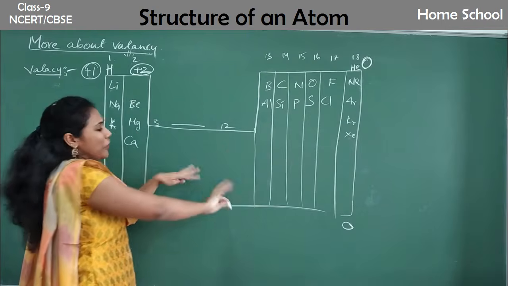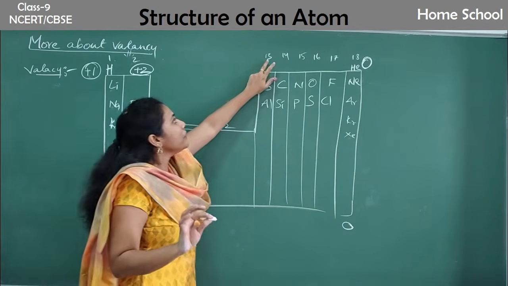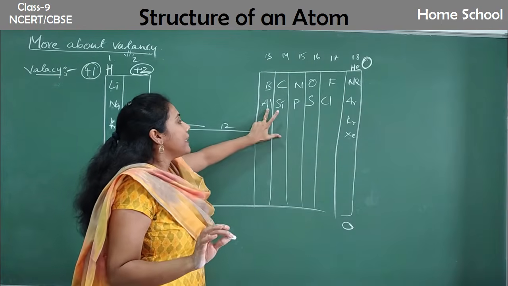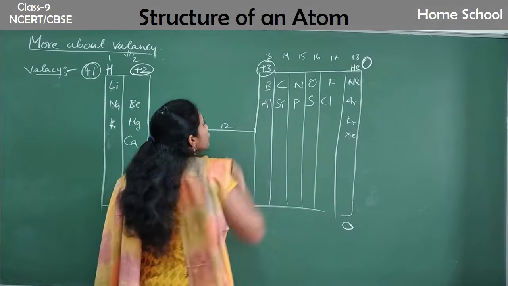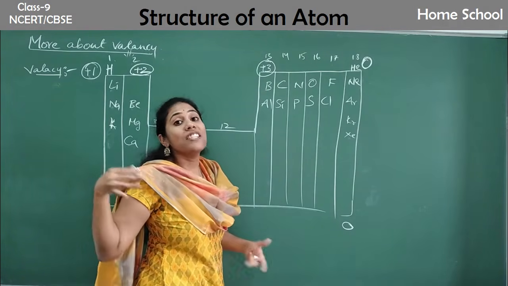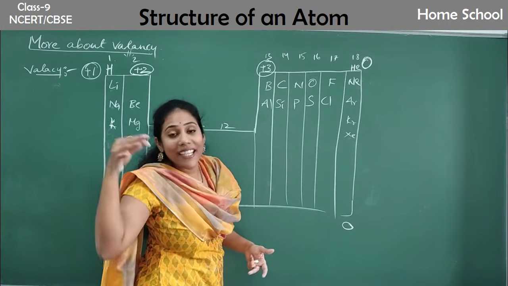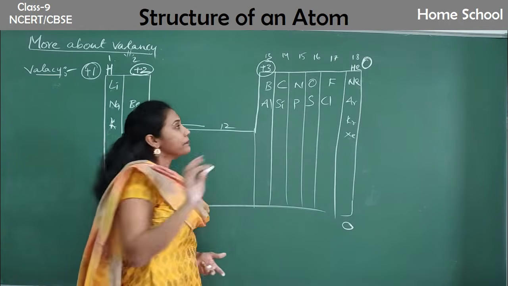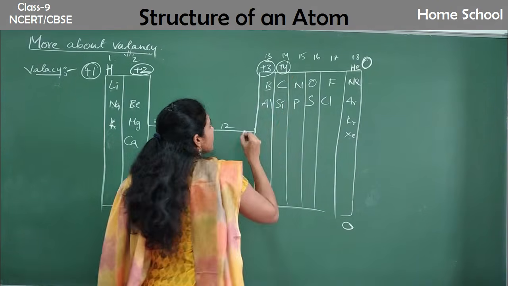And don't worry about 3rd group to 12th group. They are not there for your level. You will study them at a much higher level. Okay, don't worry. And coming to the 13th group elements, boron and aluminium. These elements' valency is +3, guys. They will also lose 3 electrons during chemical reaction in order to have stability. What do you mean by stability? In order to have 8 electrons in the last shell. Fine. 14th group elements valency is 4.